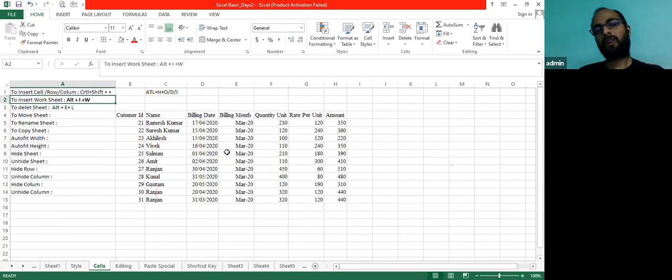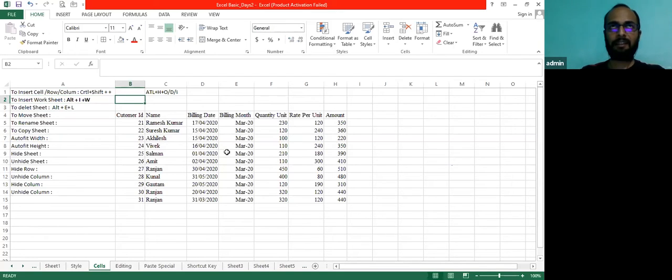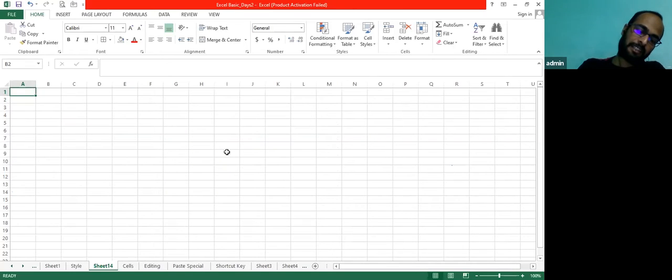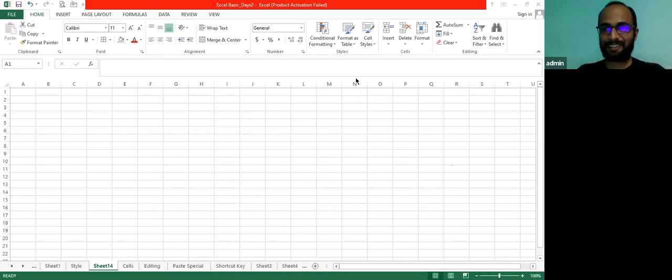To insert a sheet, Alt I W. And for inserting a sheet, I will tell you another shortcut that is the easiest way. You just need to press Shift and F11, just press one time. Every time you press F11, you will get another new sheet. Shift F11. So from today, you can insert a sheet using different methods like Alt I W, Shift F11, and for deleting a sheet there are two ways. One way you can use the mouse option, and the other way you can use the keyboard.